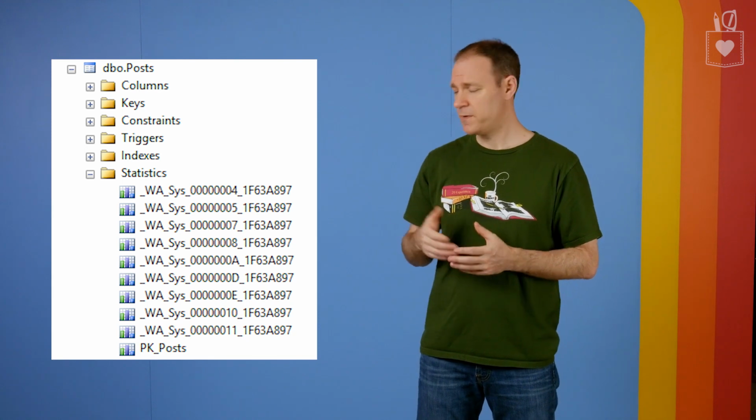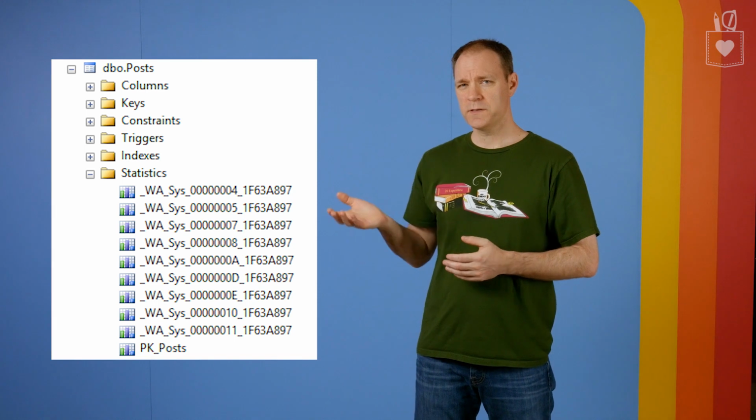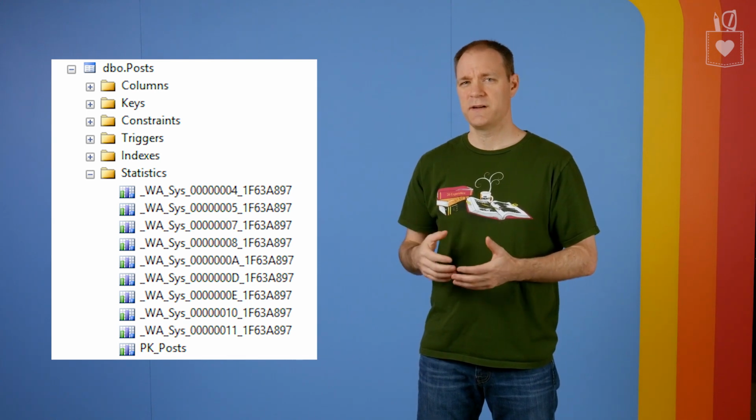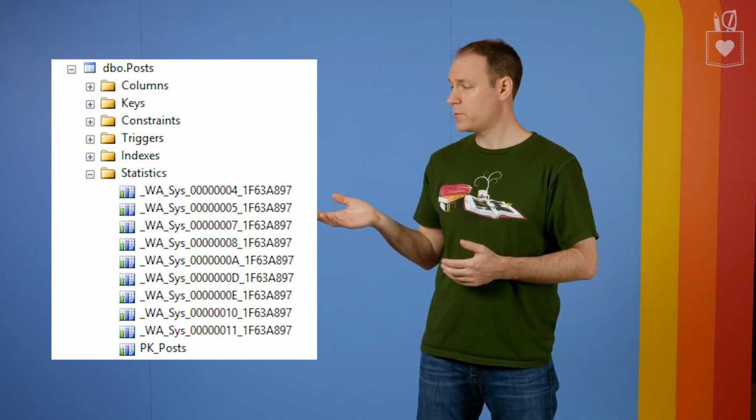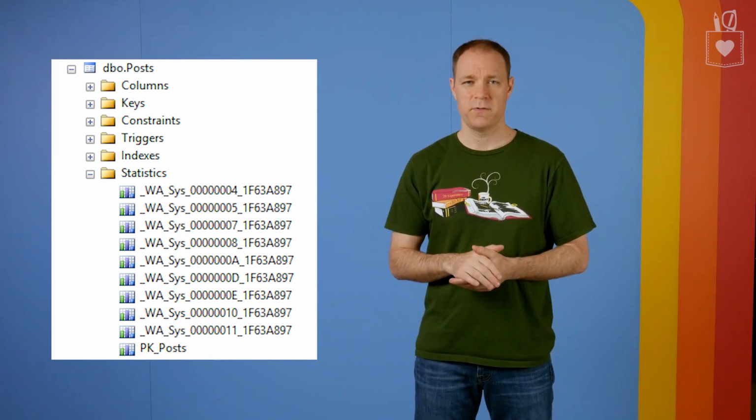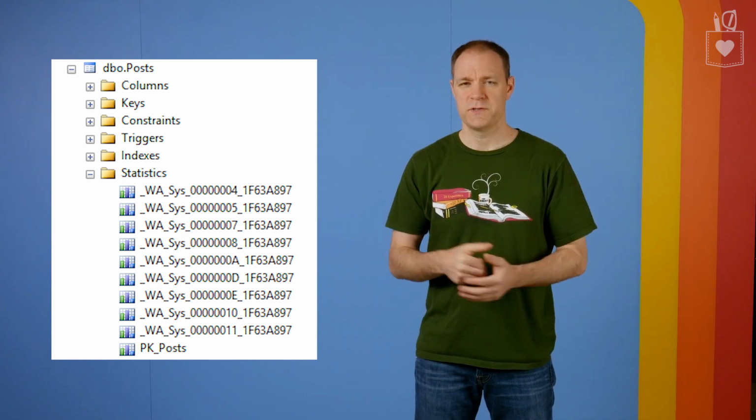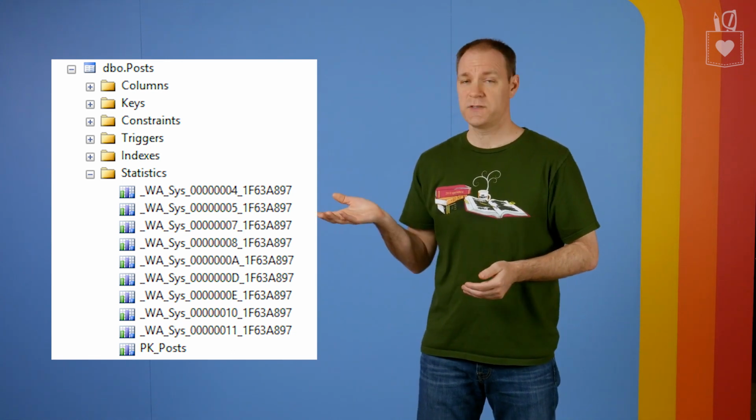If we want to look at statistics in Management Studio's GUI, we can just go to, in our case, the posts table, and then expand the folder that says statistics. Inside there, we find a bunch of kind of cryptic looking names. All the stuff that begins with _WA_sys are automatically generated statistics, stats that are generated when that column is queried. The _WA supposedly stands for Washington, which of course is where Microsoft is based, and the sys just stands for